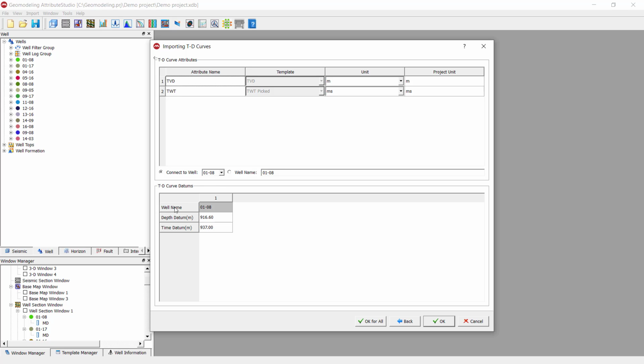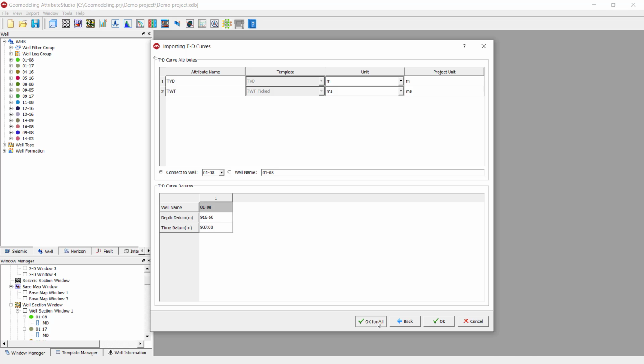And here shows the TD curve datums for the first well. The depth datum means the elevation at the TVD 0, and time datum means the elevation at time 0. So basically the depth datum means KB and the time datum means the survey datum. So after you make sure these are correct, then you can click OK for all to import all the TD